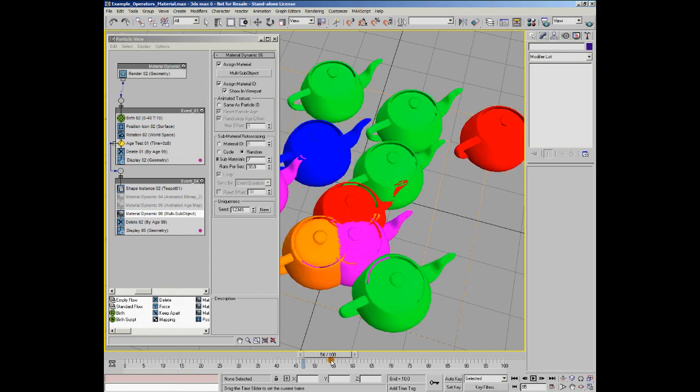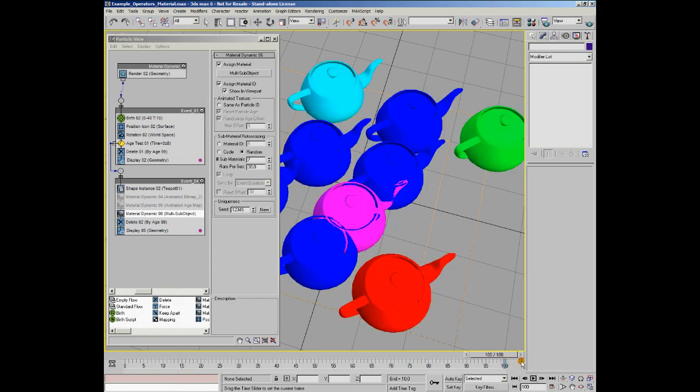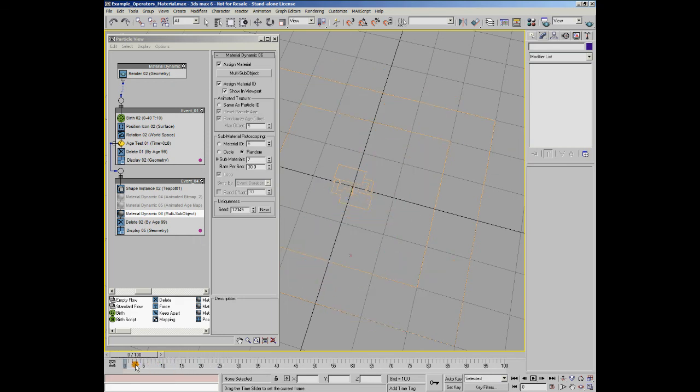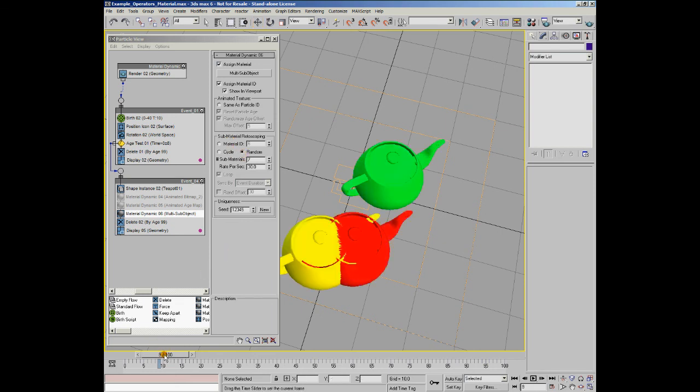If I go back to the first frame, you can see that's animating. So we'll find out how that's happening by looking at the next set of parameters. Now, what's actually happening here is from frame to frame, if we actually scrub through